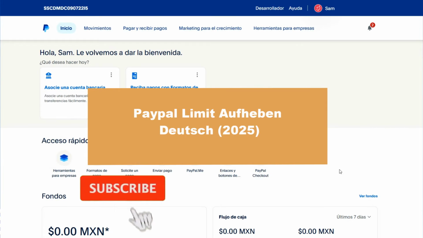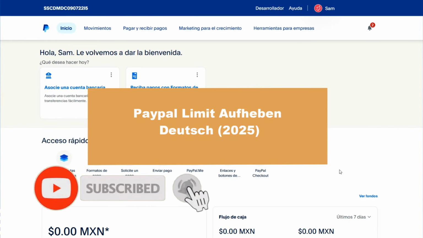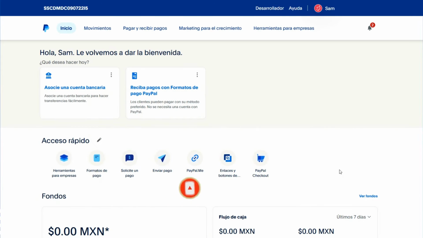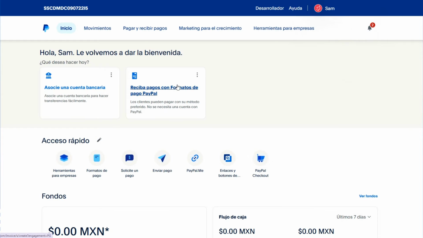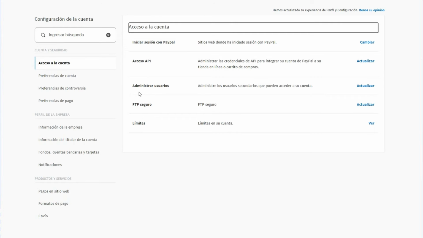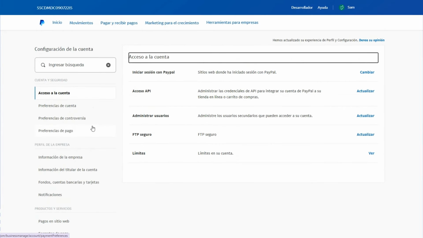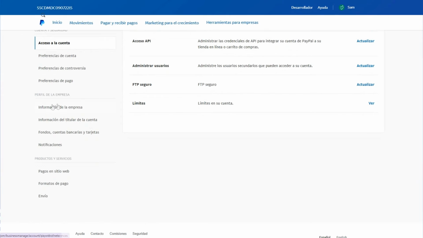This time we check PayPal limit removal. So let's start. I'm here on my official PayPal account, and if I want to remove the limit, let's go to our settings. So let's go to settings on account settings here, and when we are here, just wait a little bit until this is ready, and then we have to go to the left side, and you will find